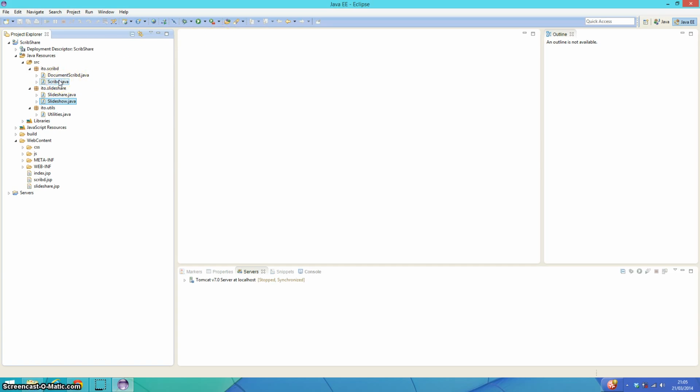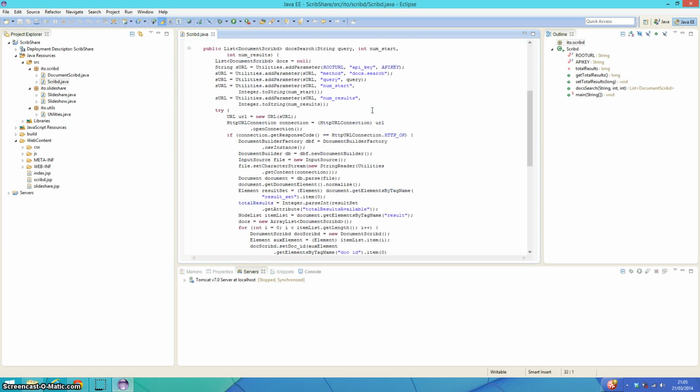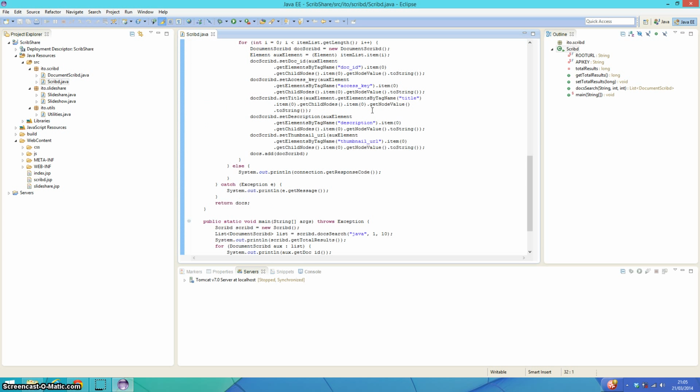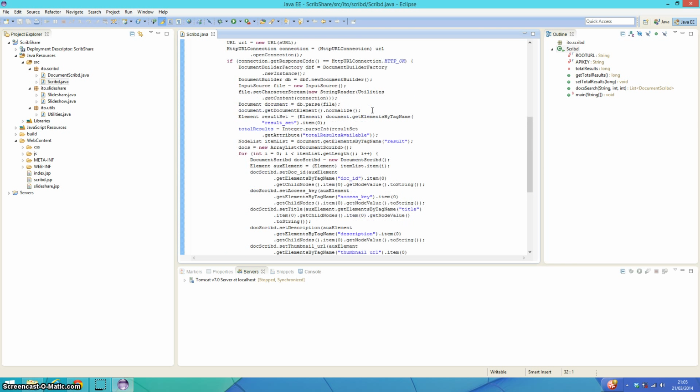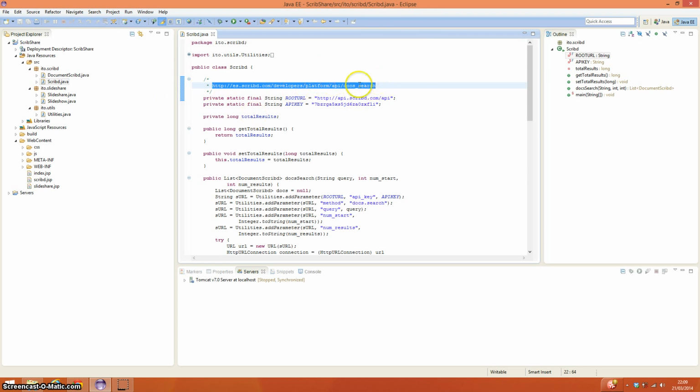But the interesting thing is how we are able to query or to get this information. In the case of Scribd, if we open the Java file, we have here all the information. The code, in fact, is not so hard to understand as it can be thought. Well, we have here a page that is completely the API of Scribd. Concretely, it's the API of the docs. In this web page, we can find the information about the method that we are going to use, that is doc search, which allows us to retrieve the documents from